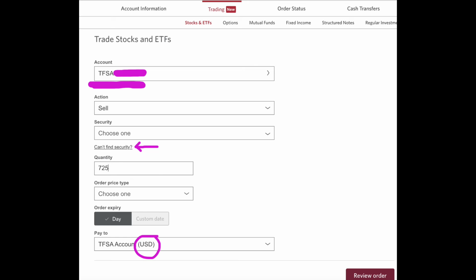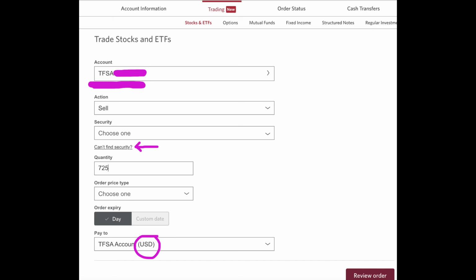Now under security tab, if you click the drop down there where it says choose one, it should show up as DLR. But if it doesn't, you can click on can't find security and then type it in that way. And sometimes it shows up like that. I find if you're trying to get the shares quickly, like after you've journaled them over and you want to see if they're there fairly quickly, I tend to find them under the can't find security tab. But if it's been a couple days, then they're usually just under the drop down where it says choose one. And then quantity wise, you're going to have the same number of shares that you purchased originally, and you just put your order through